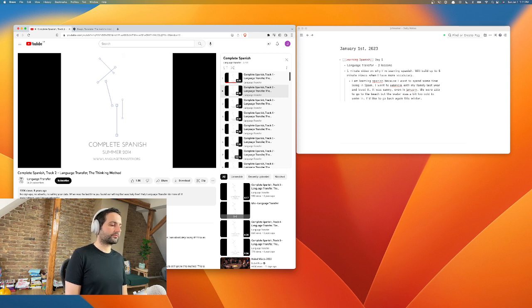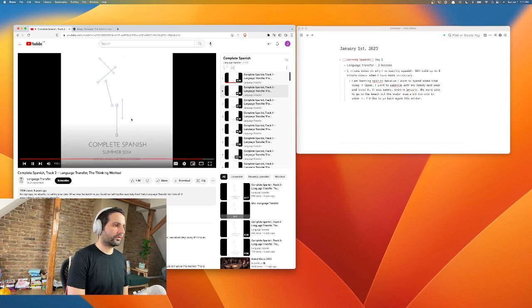But if we know verbal is verbal, we can guess that verb is probably going to be the same in Spanish. And most of the time, words are either the same or we have a rule. Maybe we need to stick an O or an E or an A on the end, so we can make a guess. How do you think you say verb in Spanish? Verbo. Yeah, that's right.